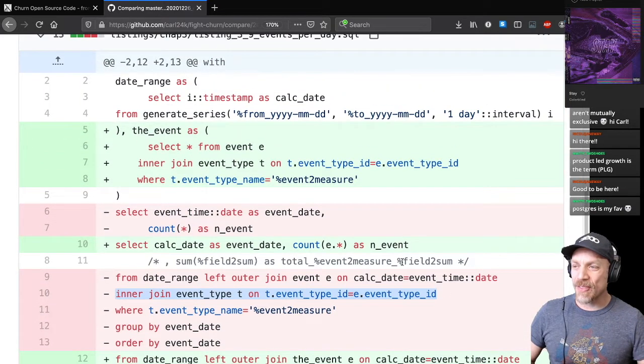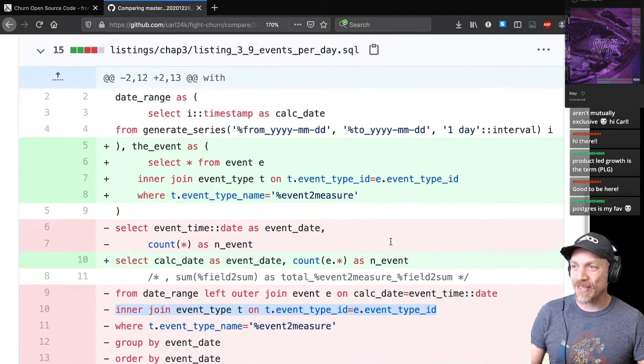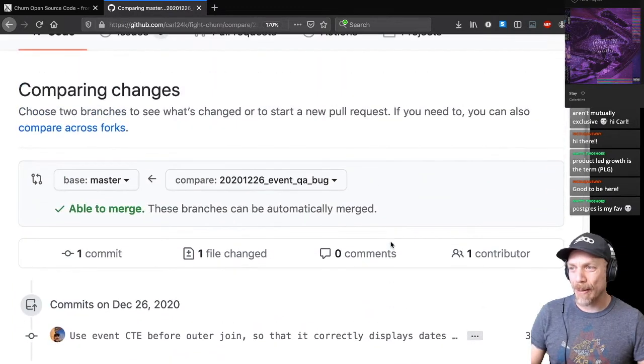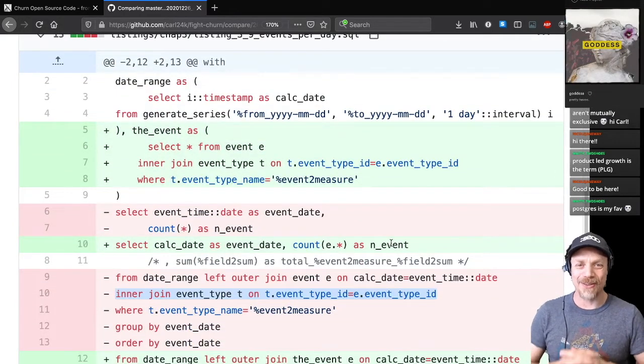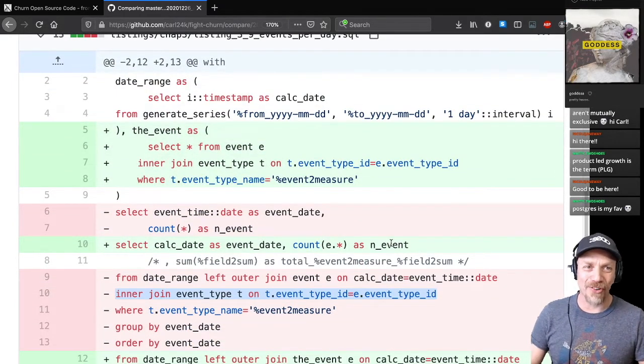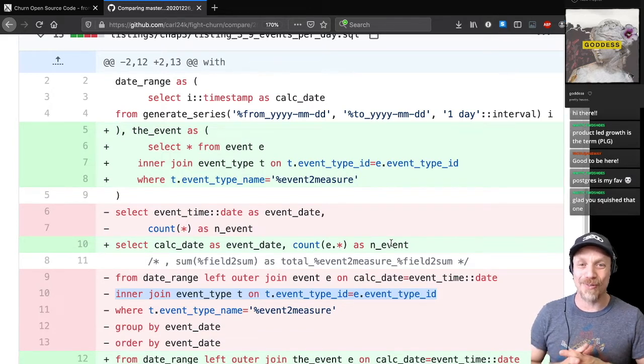And this is the fix. I've got it in a branch here. I should make a pull request on my own GitHub repo. I probably won't, I'll probably just merge it, because no one's going to review it for me. But if anyone wants to give me a code review on this, I would appreciate it.